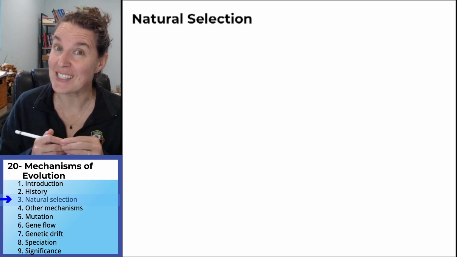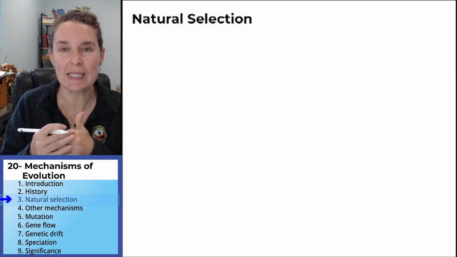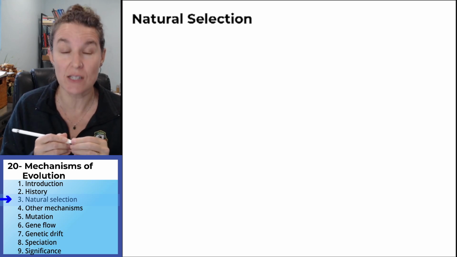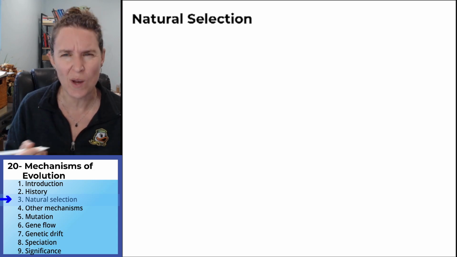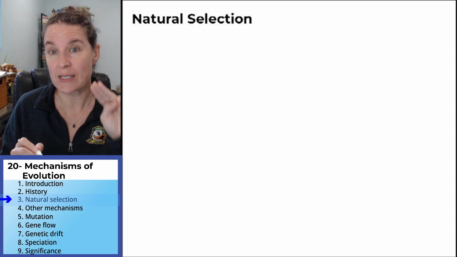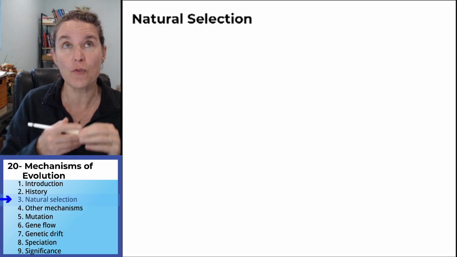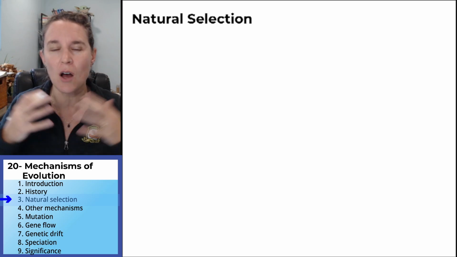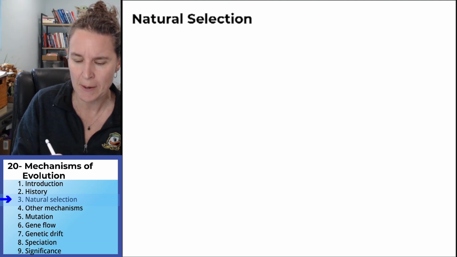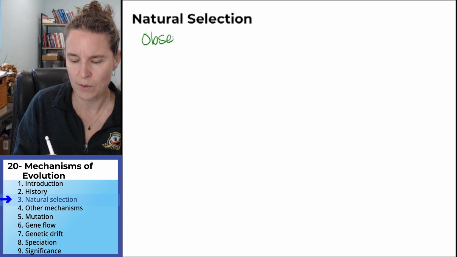All right, let's look at this. Let's see what it is. What did Darwin come up with, how did he get to this theory of natural selection, and what is it? There were three observations that he made. So from all of his study and all of his experiences, his life's work, he made three observations. And I'm going to write these down for you.